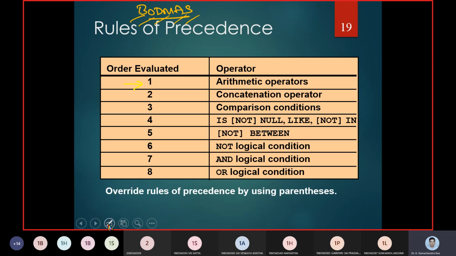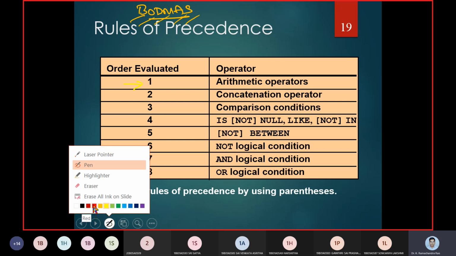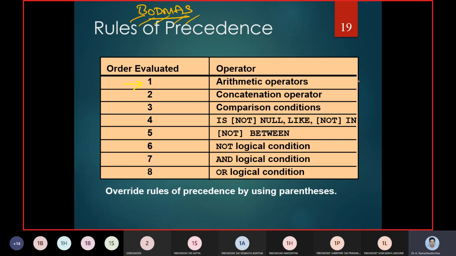The very first order it is going to take up is the arithmetic operations. The next order is the concatenation operation, which is represented with a pipe symbol.